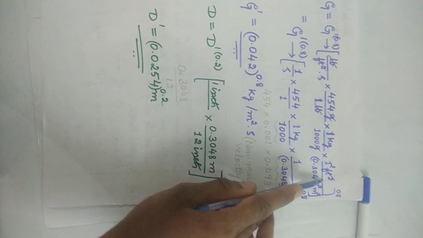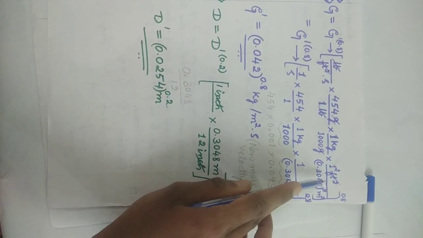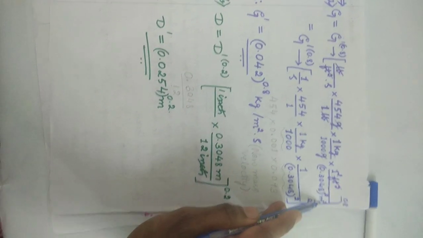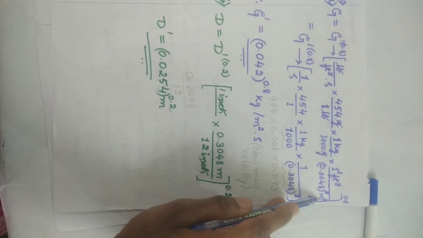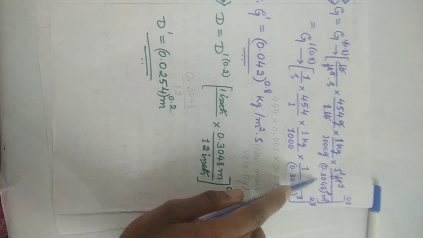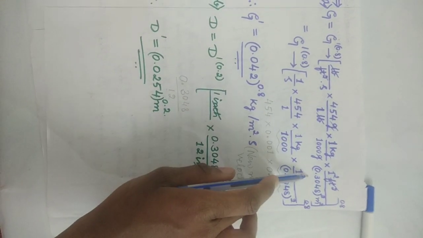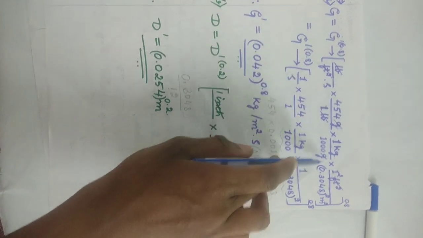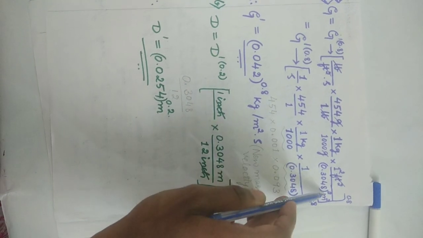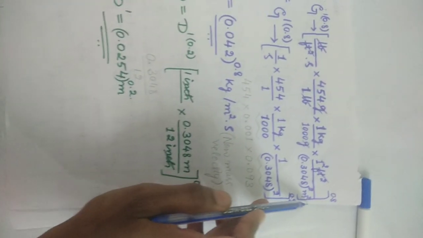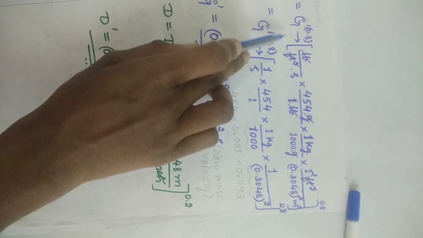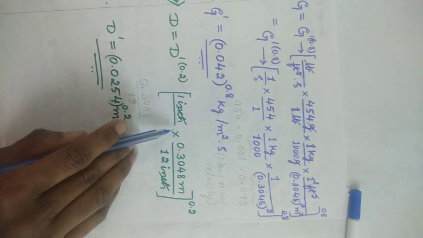Here for 1 feet square it is 0.3048 meter square. When you are doing the conversion, you have to remember all these numbers. So this number is also squared into meter square. Can you see this? Square is there. This is meter square, whole power 0.8. That time it will be whole power 0.8.